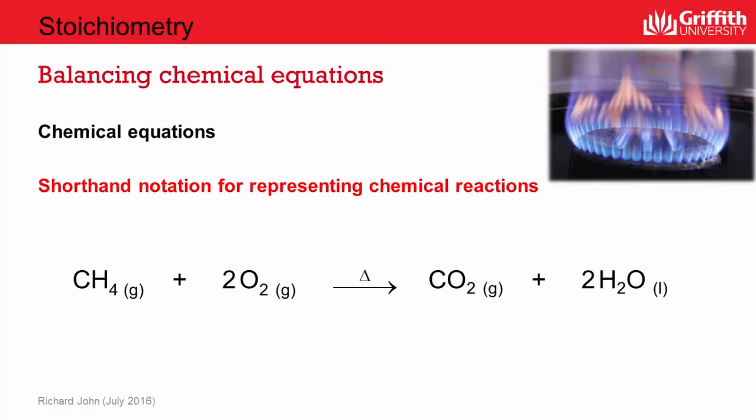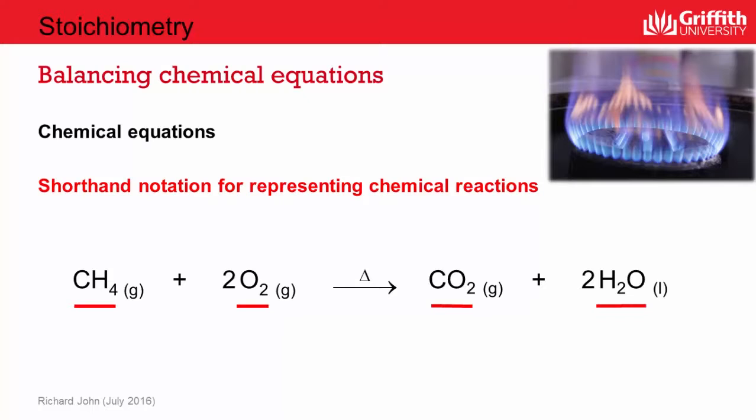Chemical equations are actually a shorthand notation for representing chemical reactions, and you can see an example of a chemical equation here. This represents the combustion of methane in the presence of oxygen to produce carbon dioxide and water. And this is a reaction that you might be familiar with because methane is the chief component of natural gas, and this is the reaction that takes place on gas stoves and in gas ovens. The chemical equation consists of substances. Here we've got a molecular compound, methane, we've got a molecular element, oxygen, another molecular compound, carbon dioxide, and a